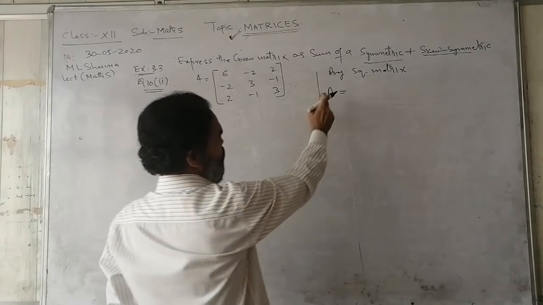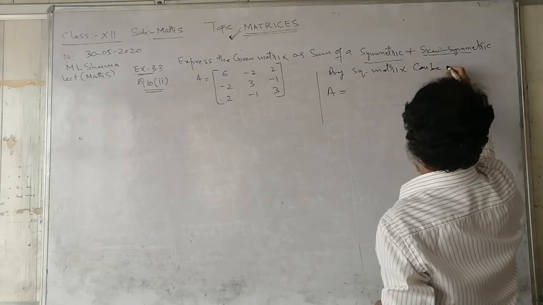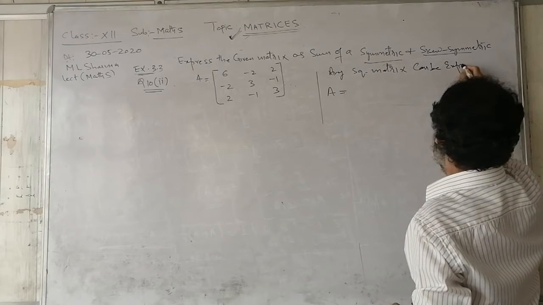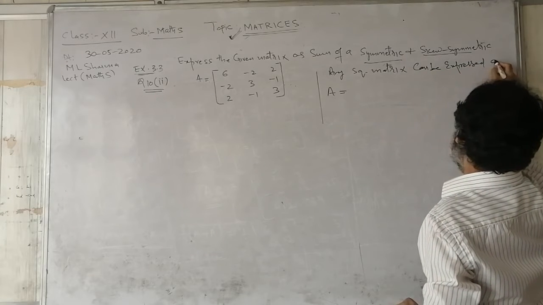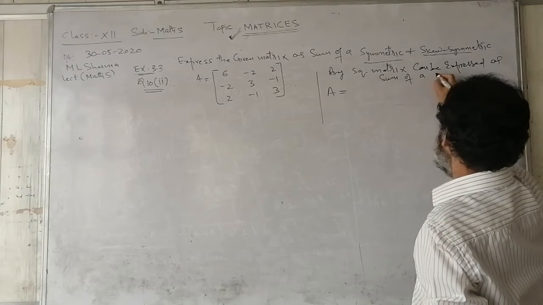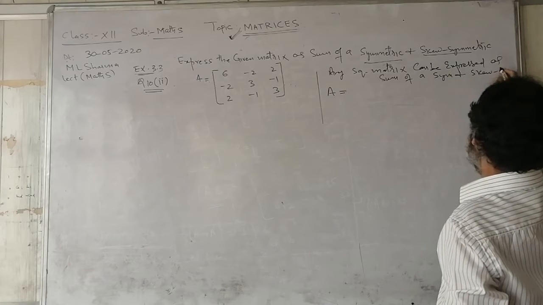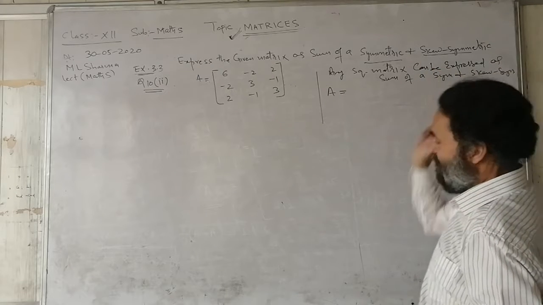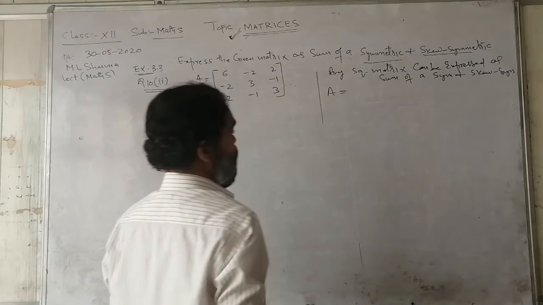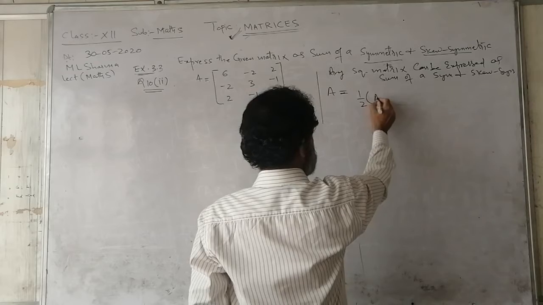So any square matrix can be expressed as sum of a symmetric and skew symmetric. So this was a theorem. Yesterday I had shown this theorem, and according to this theorem I can say